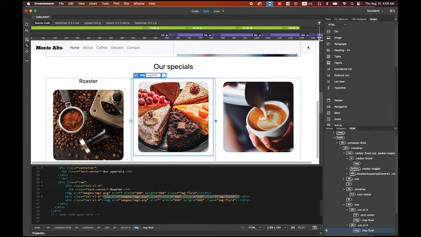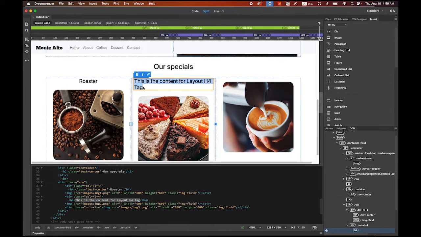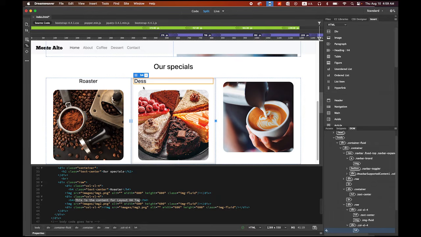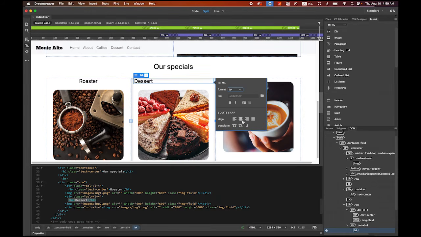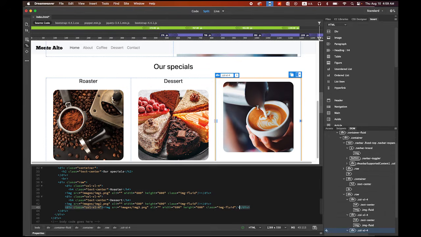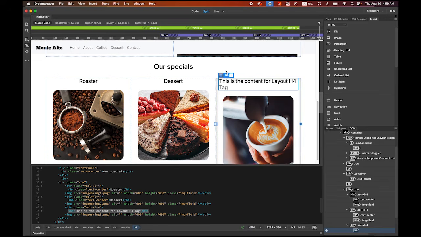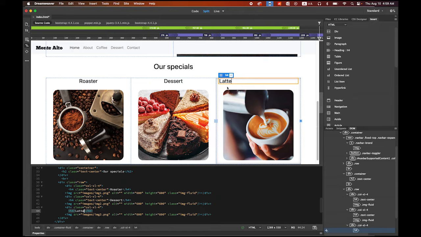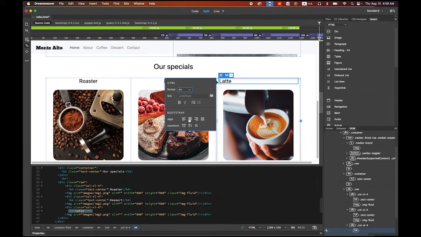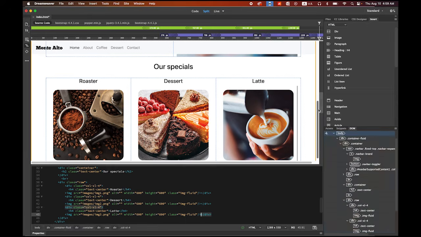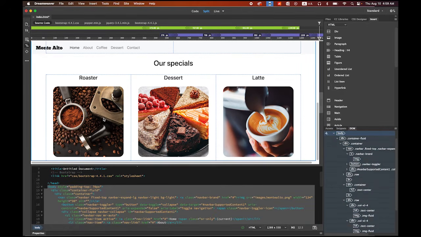Select your image. In your Insert HTML tab, choose the heading number 4, before, and I'm going to retype it, dessert, and align center. The last one, heading, select your image, click on the heading number 4, it goes before the image, and then let me type latte and align center. Okay, so I have a title of each image,